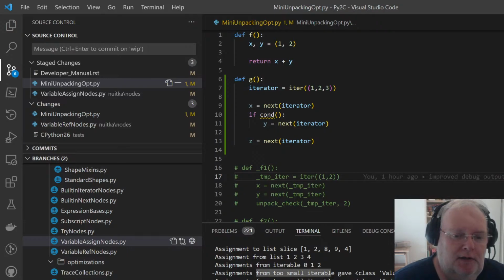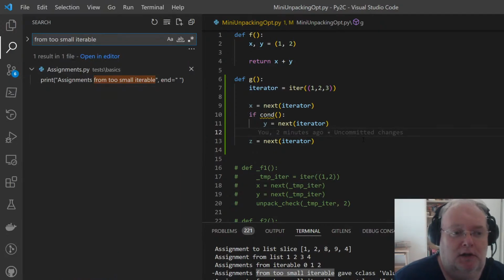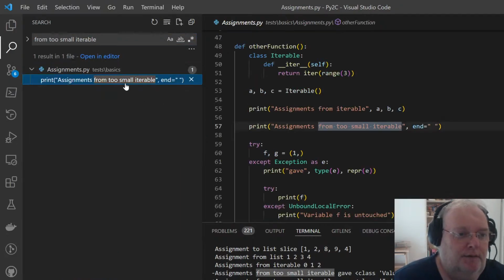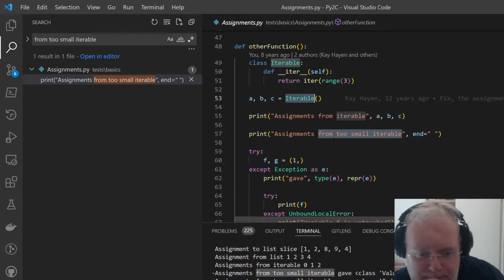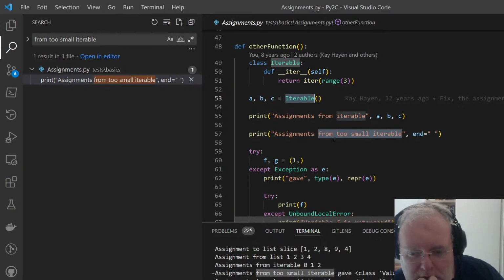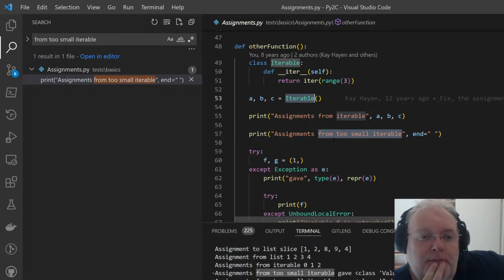Exactly. I'm getting an index error rather than a value error because, yeah, iterable is not long enough, but still, do I know it's a tuple iter? Why is it happening?